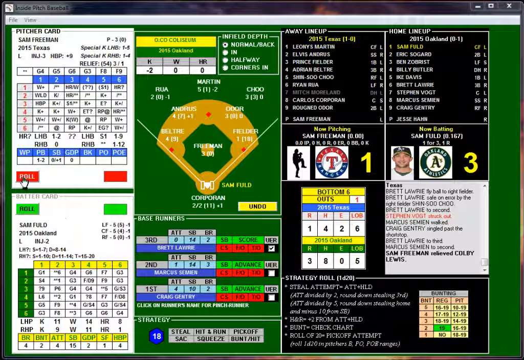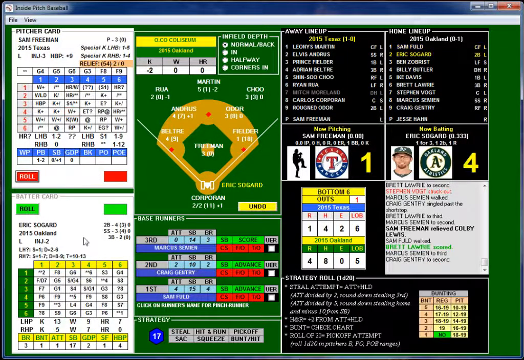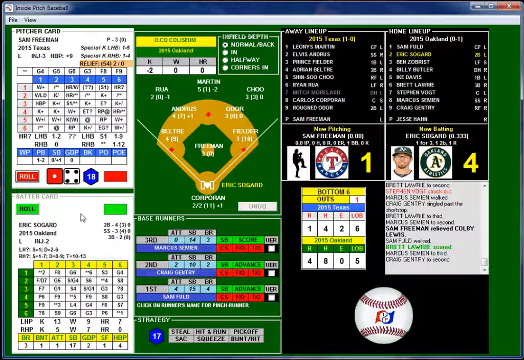1 for 3 with a run. Is Sam. Bases loaded, one out. 34. Oh, no. He just walked himself a runner in. Walks, and that wasn't close. All right. Still bases loaded. Playing back, trying to get that double play here. And his job was to get these two lefties out. For the love of God, get these two lefties out.